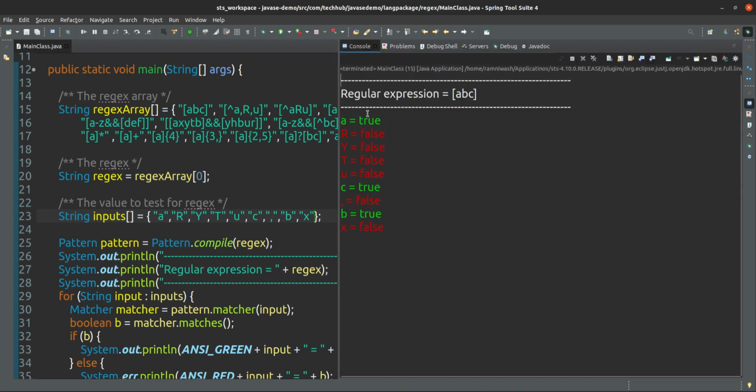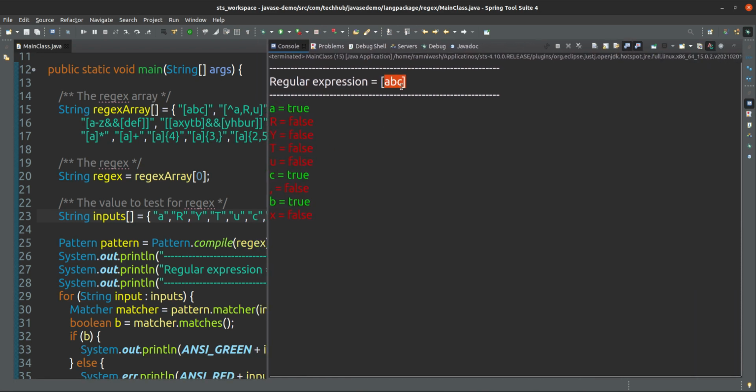Now if you see here, this is our regular expression, A, B or C. The regular expression says that you can have only A, B or C in your string. For A it is fine, it is true, it is coming in green color, but R is not defined in this regular expression, so for R it is false.